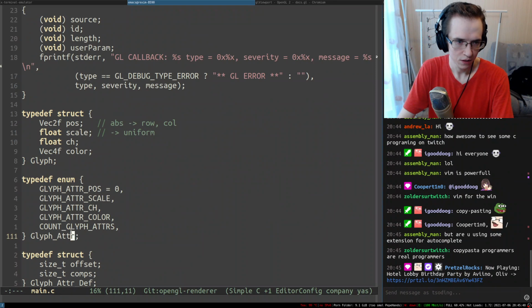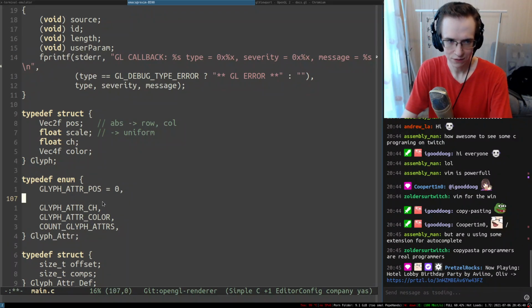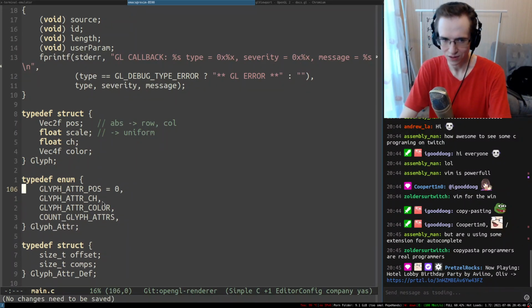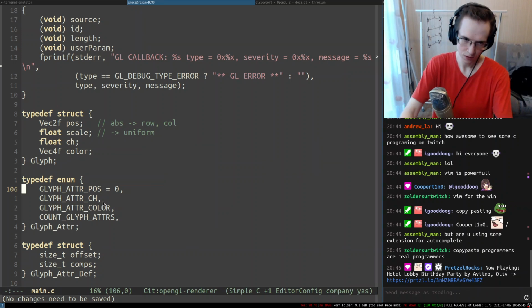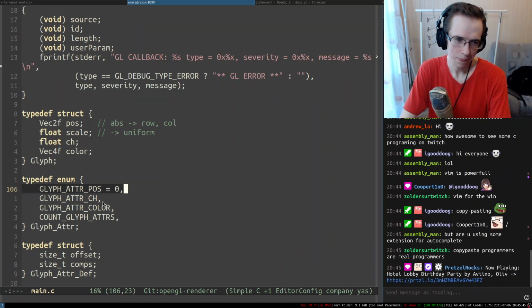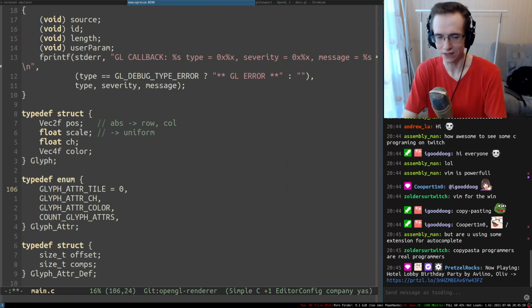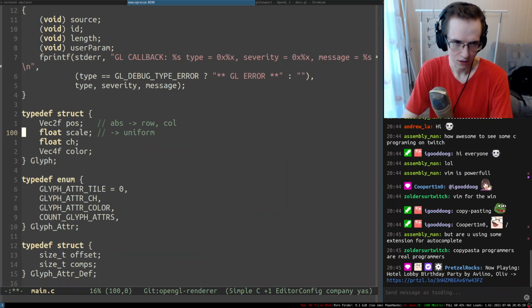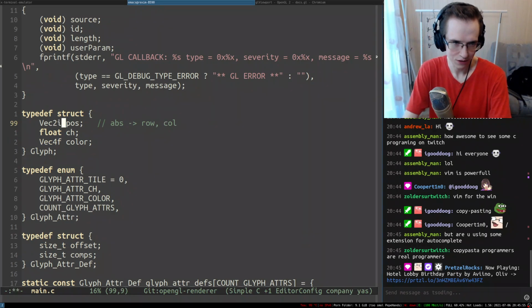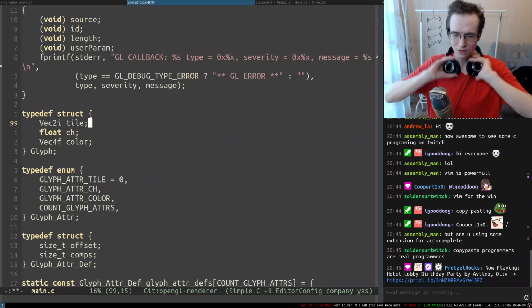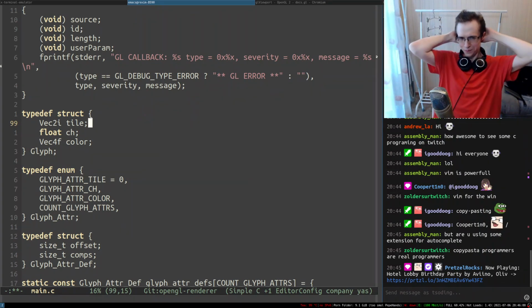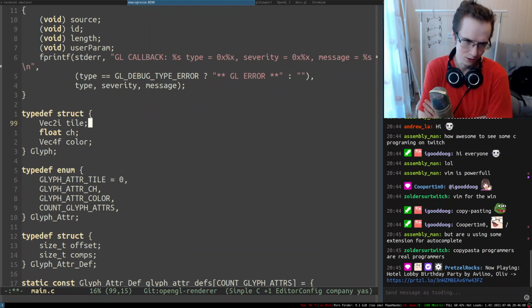What I want you to do in here is update my attributes. So we're not going to have scale anymore. Scale does not exist. Scale becomes a global thing. And then position, maybe we should call it something like tile, right, at which tile it is going to be located. So because of that, we're not going to have this, and this one becomes the tile.